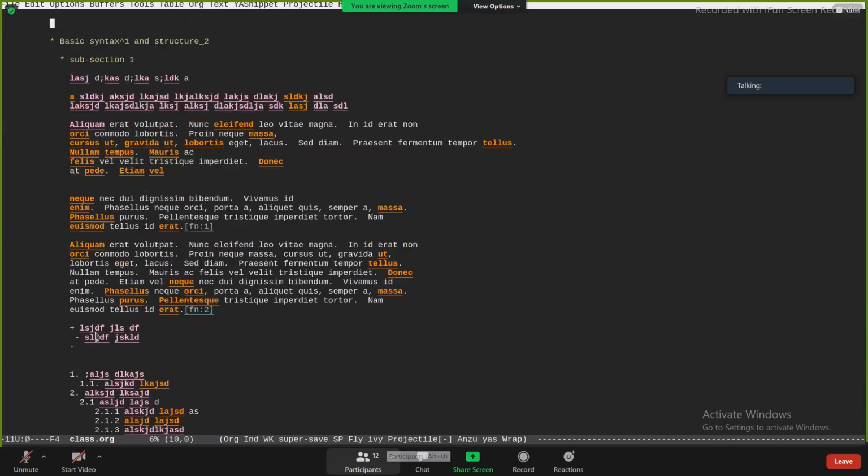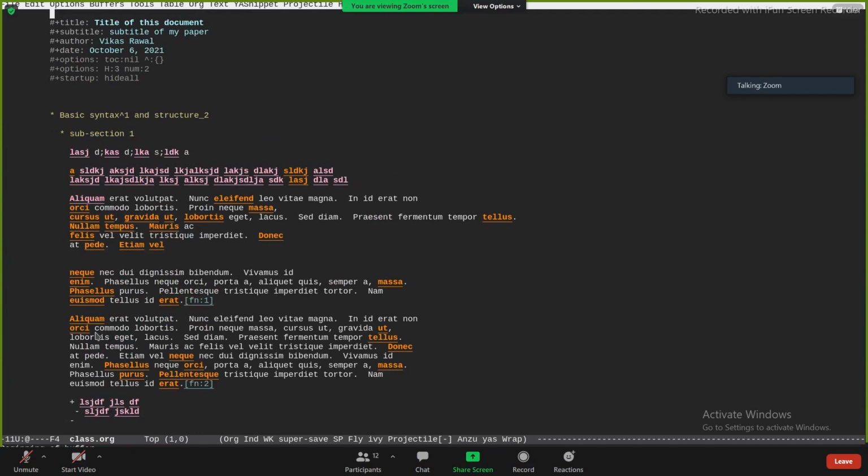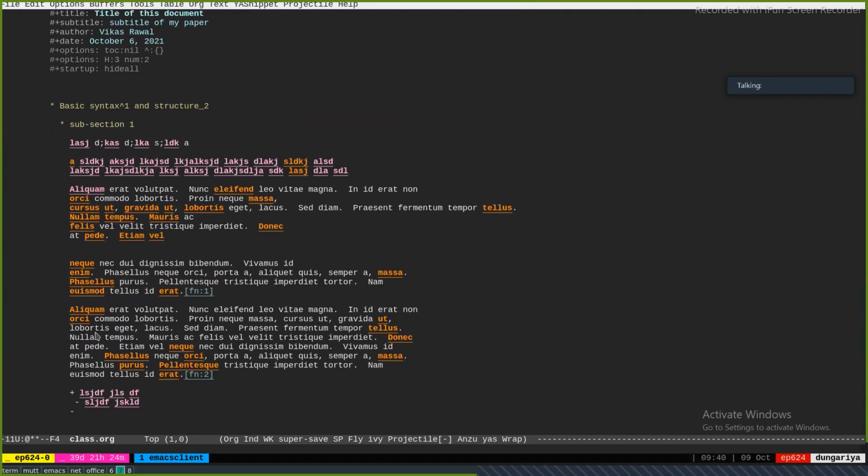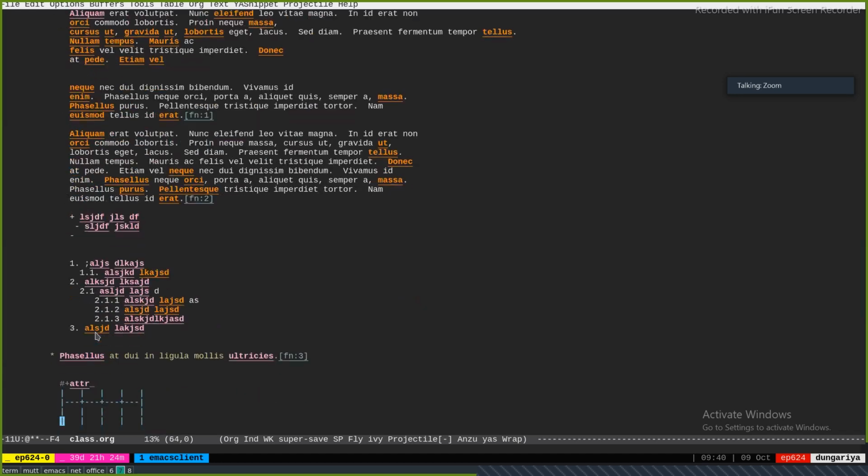The export is automatically taken care of anyway, even if they are not in the right order, it doesn't matter.